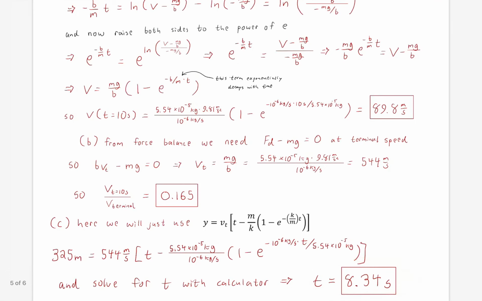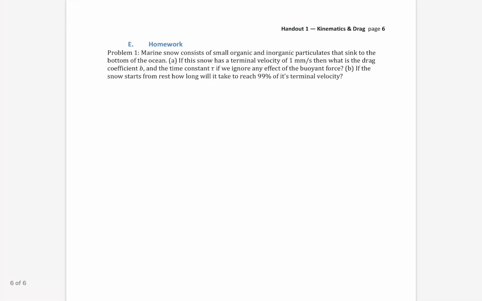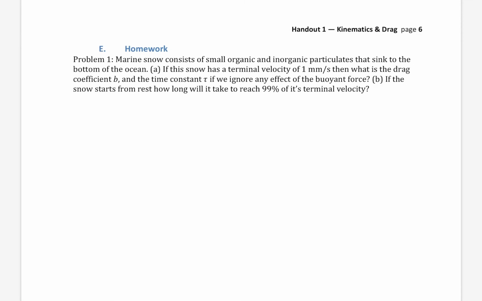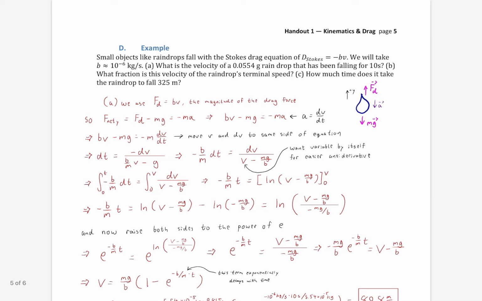Now, an easier thing is to say how far you have gone after a particular time, because then you can just plug it in. All right, so that's what drag equations, or drag type problems, look like. You have one for homework. It doesn't involve the position one, don't worry. All you're going to be doing is looking at the velocity function. Hopefully this has been a good introduction to kinematics, and then a specific subset of kinematics,